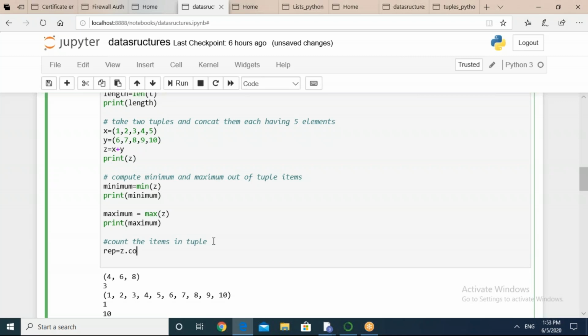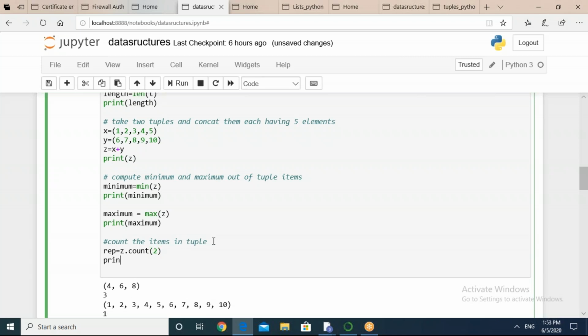Let's say z dot count, and I'm mentioning here, let's say 2. So as in the tuple that I just have created, it is having all the items single time. So for every item, count will be just 1. So this count method also you can run on tuple.